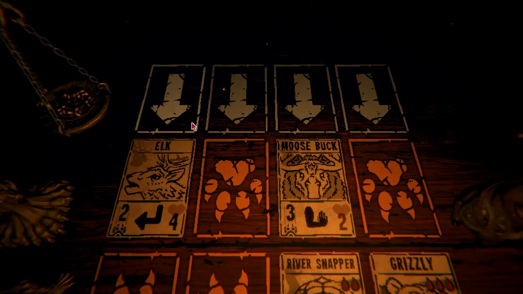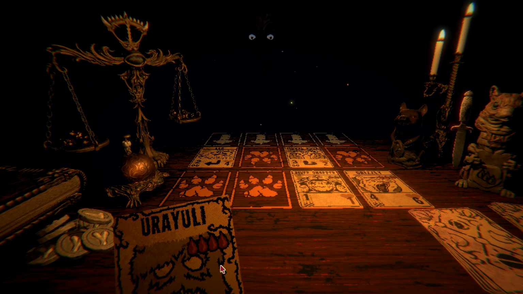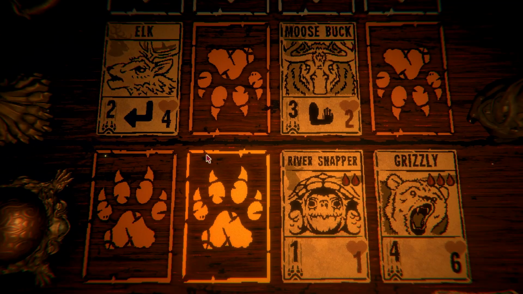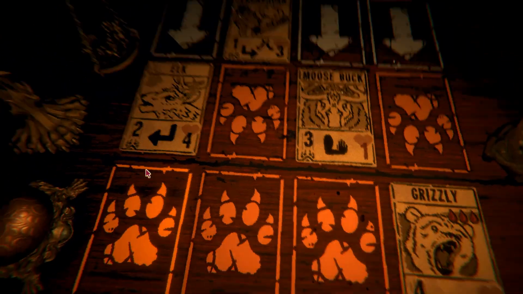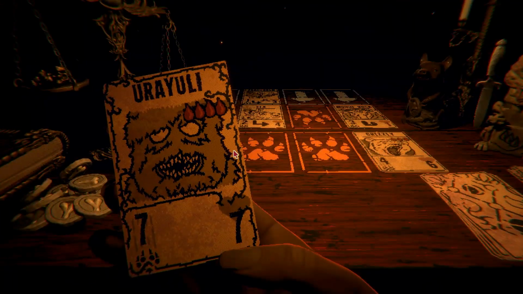Okay. So with Grizzly here, I stand to do 4 damage this turn. If I can get one more bit of damage on the board, I'm in good shape. And here is the Urayuli. It was a bad time for it because I need a squirrel. No, this is okay. Grizzly's gonna do 4 damage to him. Then Elk's gonna do 2 damage to me, but I'll still be ahead. Moosebuck is gonna do 3 damage to River Snapper. River Snapper will die, but I will be alright. Okay, and I think Pronghorn won't be able to come in this turn. Or will it come in after? No, because they come in before the attack phase. So...